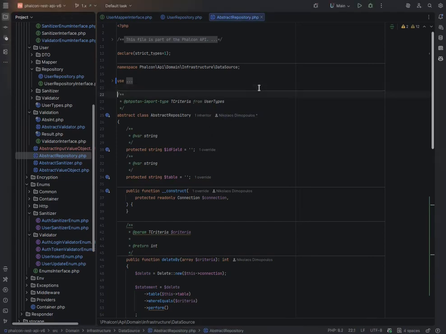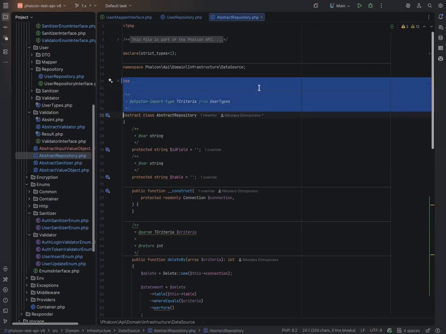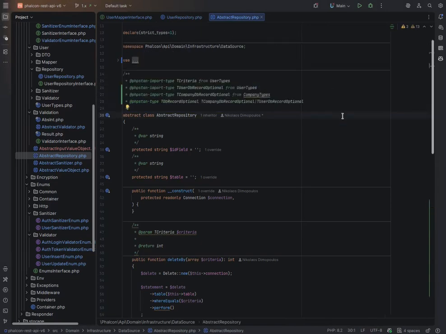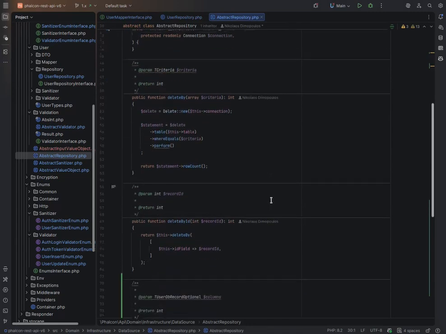This doc block here. There we go. Again, company types will come a little bit later, so don't worry about that. Do we have anything else? We have